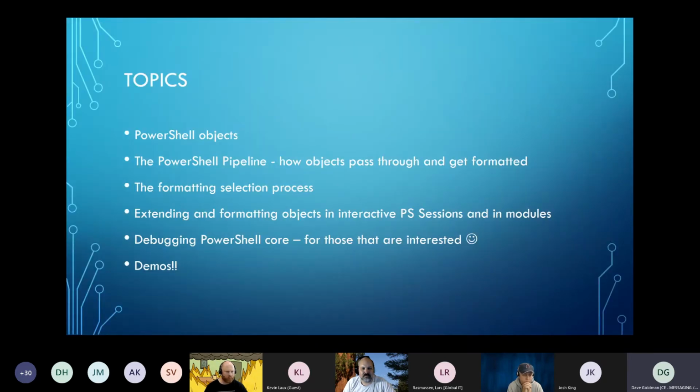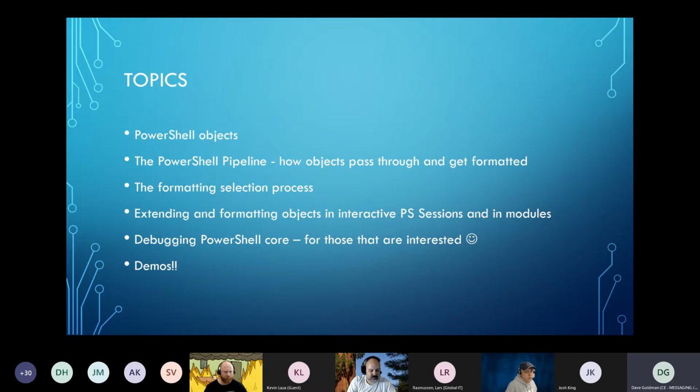But moving along to the topic. So what I'm going to talk about is PowerShell objects. Just a brief overview, like what is an object? What happens when you ask PowerShell to do something for you? What happens when we send it down the pipeline, right? Because there's different actions that we can take on that data, which results in the manipulation of the objects, whether we create new objects, view what we have, destroy them, whatever.